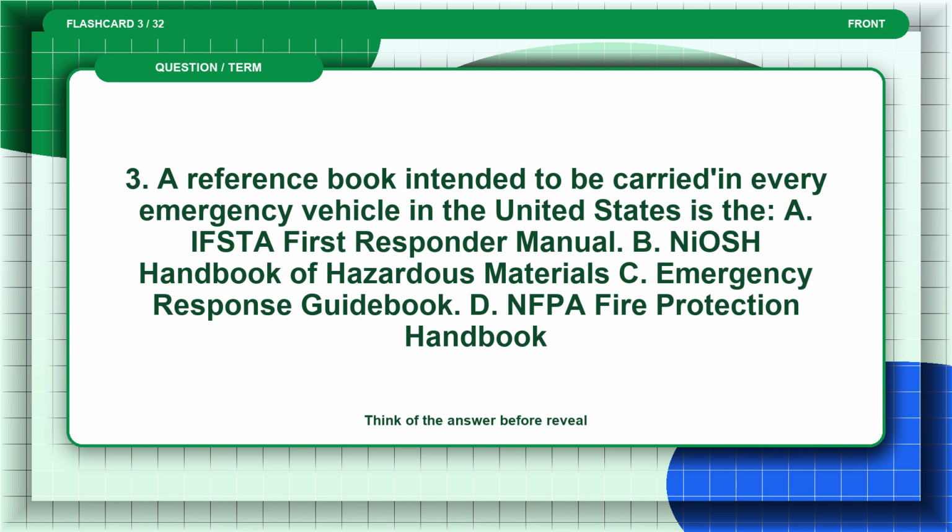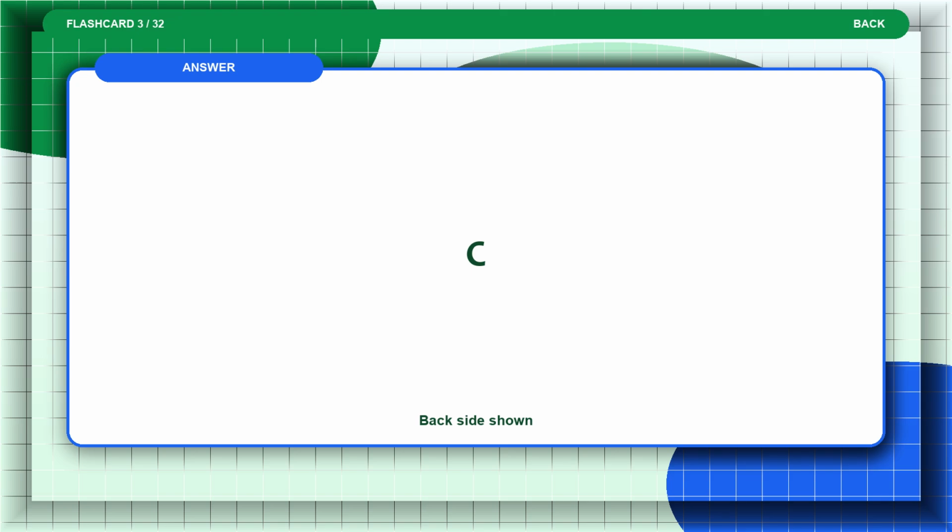Flashcard 3. A reference book intended to be carried in every emergency vehicle in the United States is the: A. IFSTA First Responder Manual. B. NIOSH Handbook of Hazardous Materials. C. Emergency Response Guidebook. D. NFPA Fire Protection Handbook. Think of the answer before the reveal. The answer is